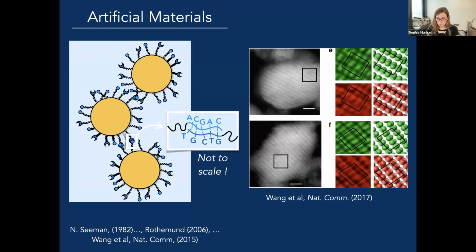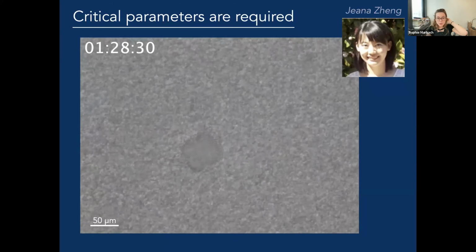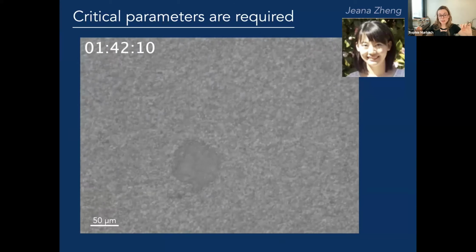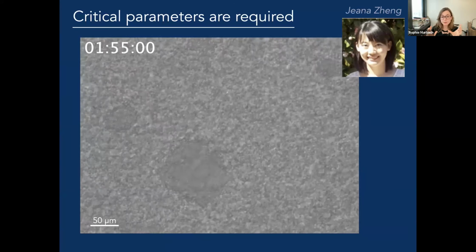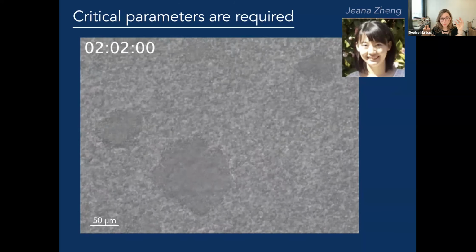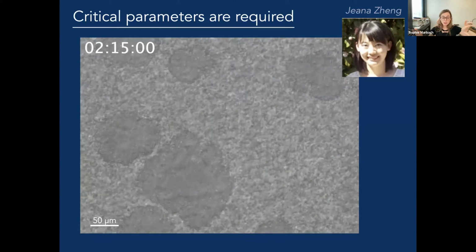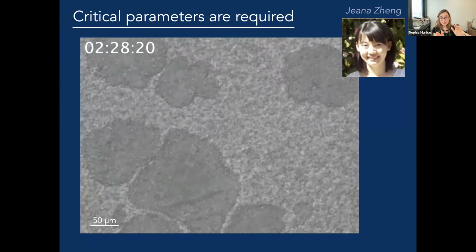But to design these materials on a large scale, critical parameters in the experiments are required to form such assembly. So here I'm showing a movie of micron-sized DNA-coated colloids slowly aggregating into a crystal. And so you can start seeing crystal blobs forming, and then ultimately the crystal blobs try and merge into each other. But that's a tricky thing,